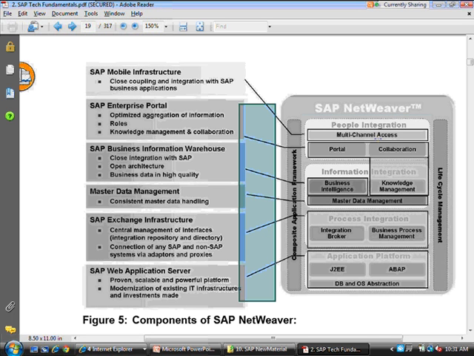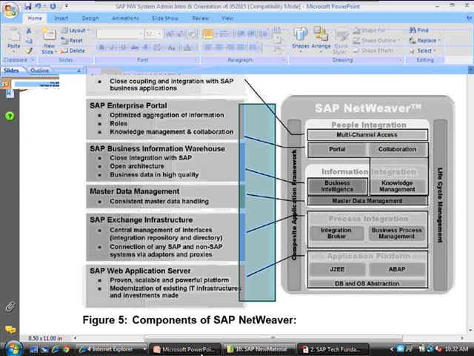So not only is HANA another database which could be the foundation of NetWeaver, it's also building a lot of the capabilities which existed in NetWeaver, developed from scratch on HANA, right? And that's where SAP believes seriously that they will bring to the table significant performance improvement and a fundamental shift in technology. Right, so I wanted to focus on this just to give you a sense of